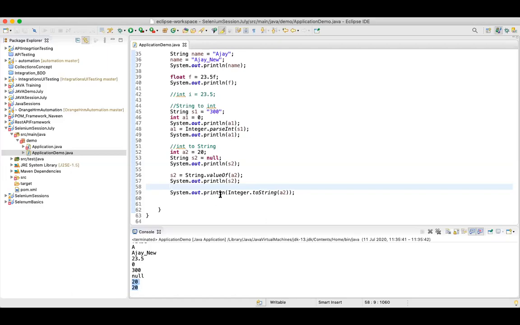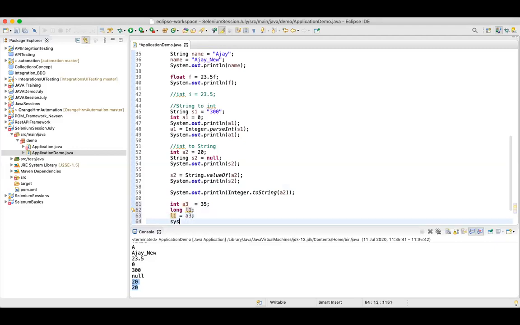Let's say I have one integer a3 and I'll store some value, let's say 35. This is a simple integer value. Now I want to convert this value into a long. So I'll define one long variable l1, and then I can say l1 is equal to a3. This is simply the assignment operator. I'm assigning my value in a3 to l1.